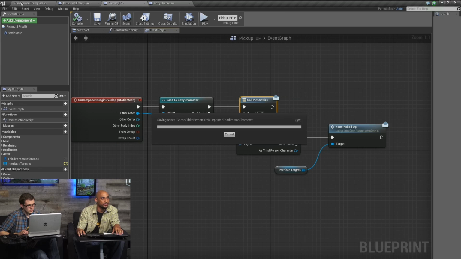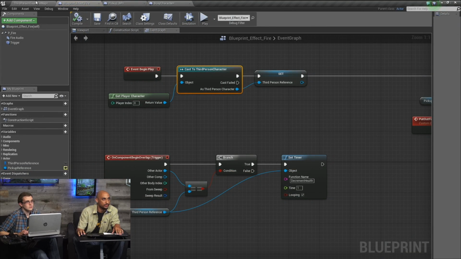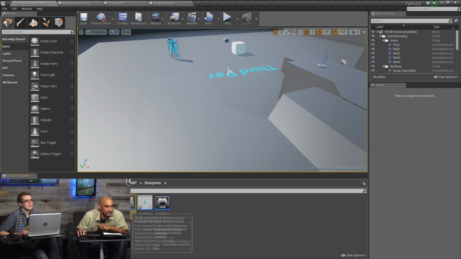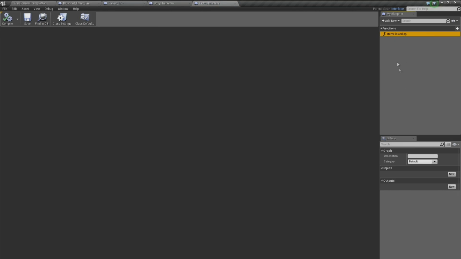But our interface here, we've created a simple interface. There's a bunch of different ways that you could do this. So our interface here is just a function that's being called. We could provide inputs and outputs and variables that we want to pass as part of that interface. But for our example, when the interface is called, this function is called, and it's being executed in the blueprints